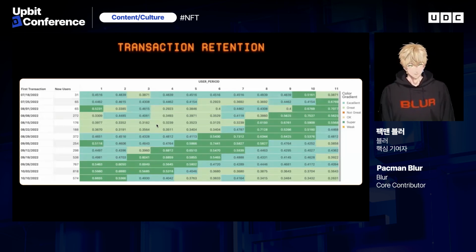And this is an extremely high retention rate, not only in Web3, but also in Web2. So by staying in private beta until we had this best-in-class retention, we knew that when we launched, we would be able to retain users that came to try out Blur. And finally, in order to make sure the launch was as successful as possible,